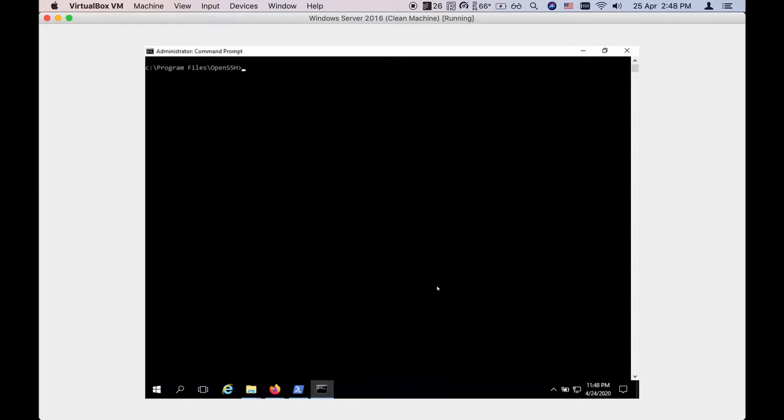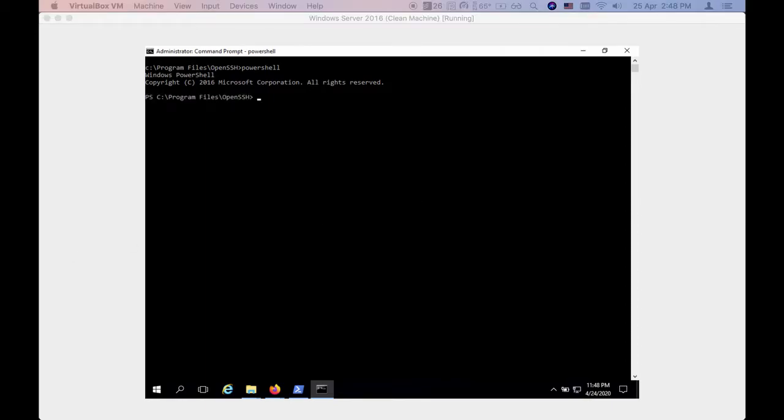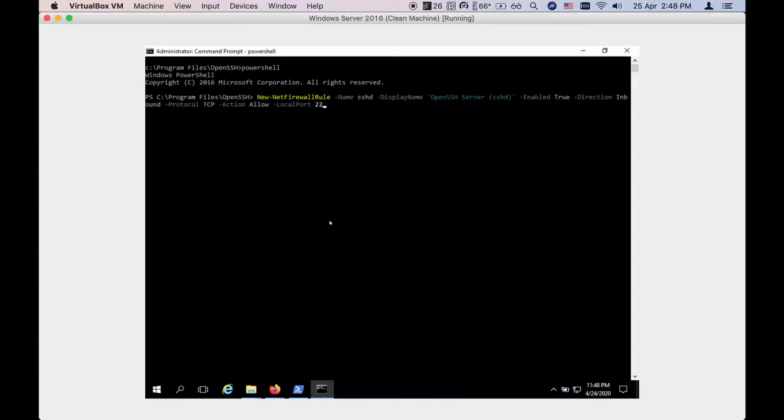So now that we have started the SSH service, we need to enable a firewall rule so that other computers can connect to this SFTP server. Okay, so to do that, use PowerShell, start up PowerShell, and the OpenSSH team at Microsoft, they've provided this command for us to create the firewall rule for this purpose. Okay, so let me go to